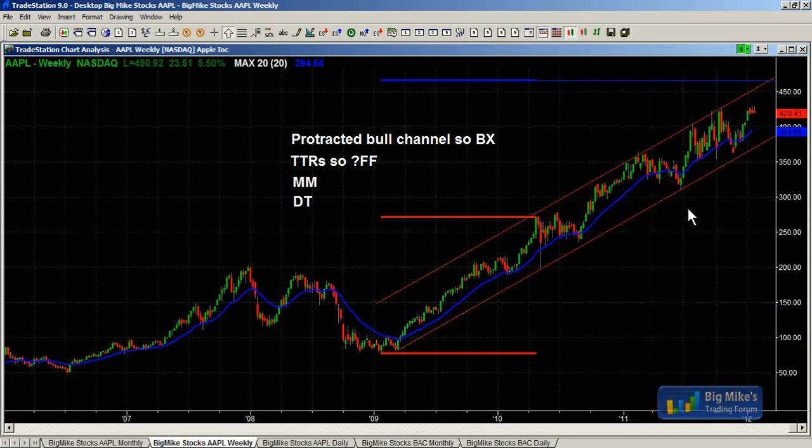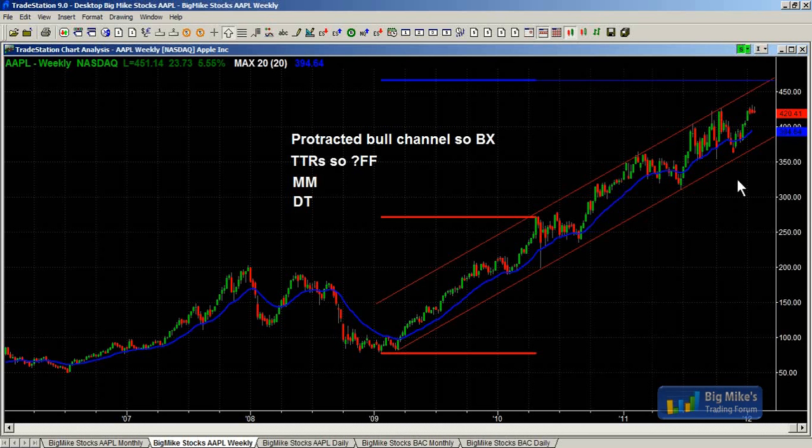However, a protracted bull channel, especially once it starts getting big bear bars and big tails on the tops of bars, is becoming two-sided, and it's probably very close to evolving into a trading range. And we're near a measured move target. I don't know that we'll get there. We might not. But I would not be looking to buy near the top of the channel. The channel looks like it's becoming more two-sided and evolving into a trading range.